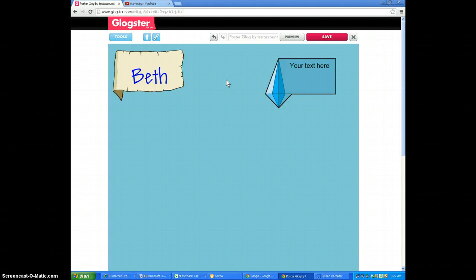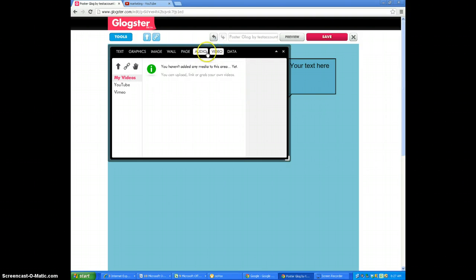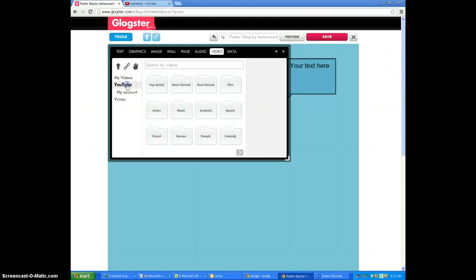I'd also like to add a video. Let me show you what your options are for adding video. The Tools button brings back that menu choice of I can do video, I can do images. The thing about video is that there are YouTube videos that are automatically linked and available to you through Glogster,